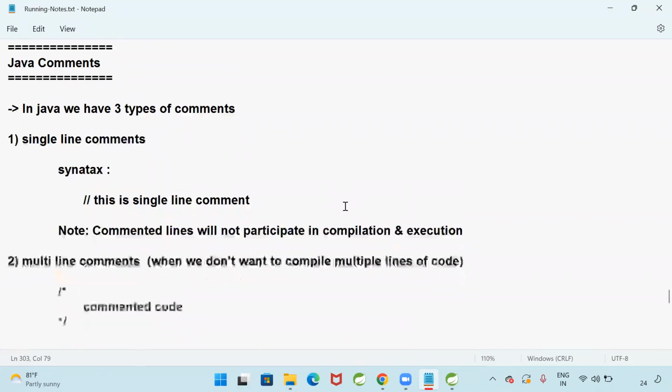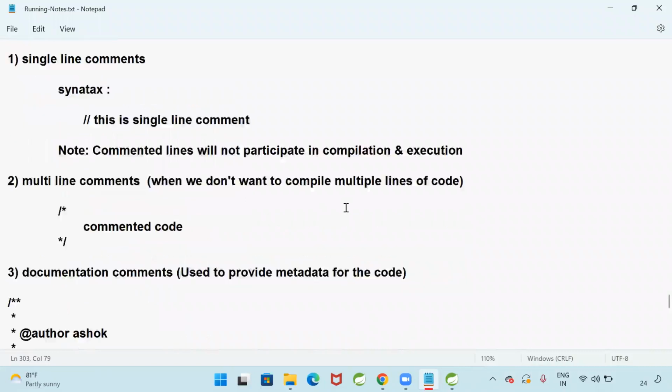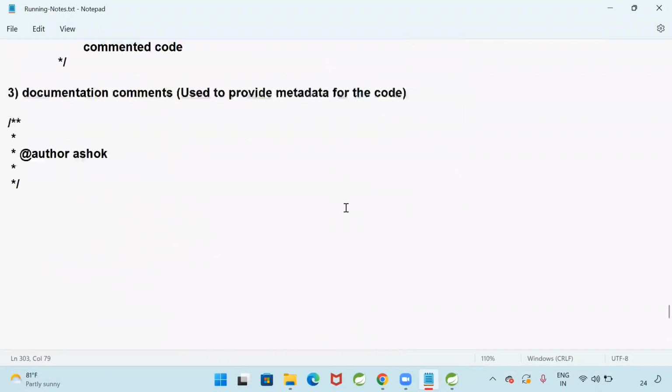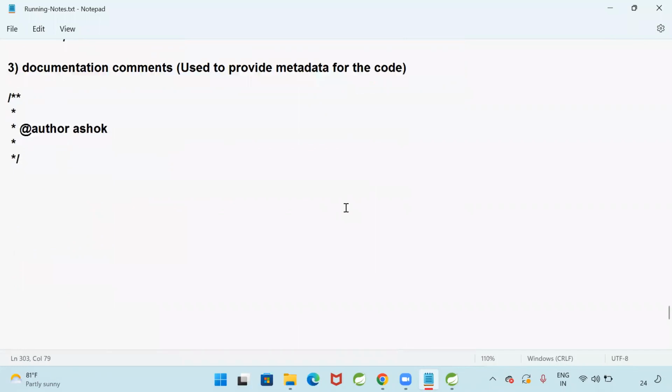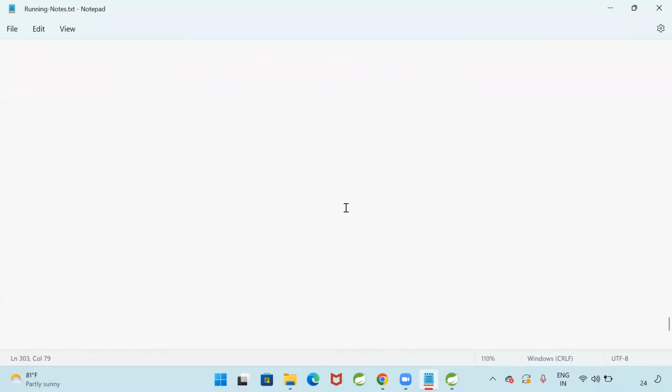So with this, we have completed the basics of Java. What is Java? Why Java? What are the features of Java? How is a Java program compiled and how is it executed? What is JVM? What is the JVM architecture? And what are the runtime areas available in the JVM? What is a variable and why do we need a variable? And what is the data type?